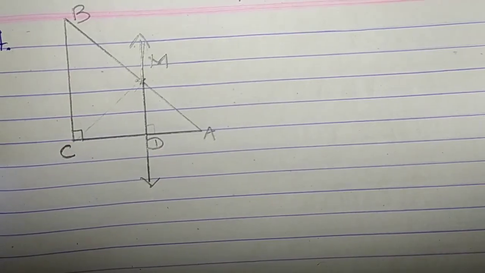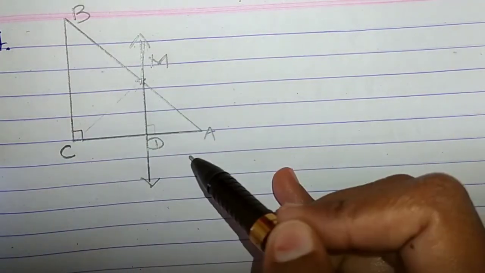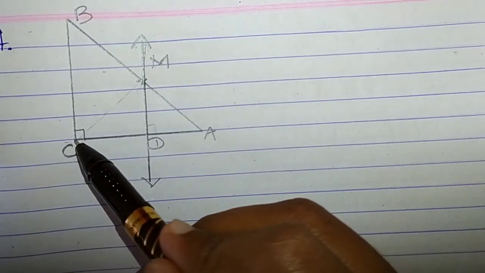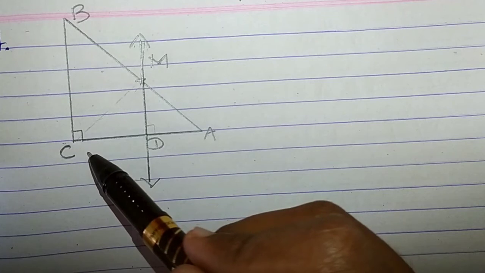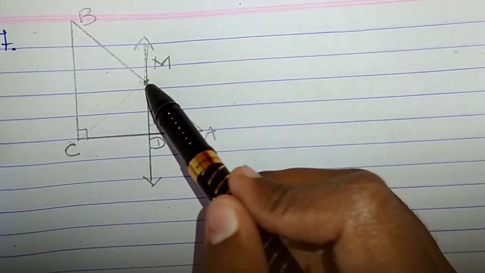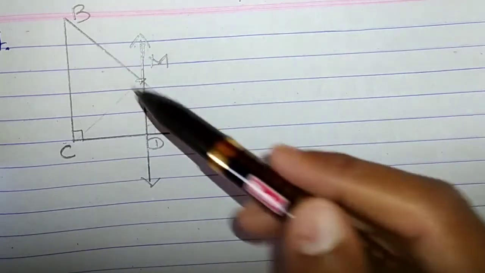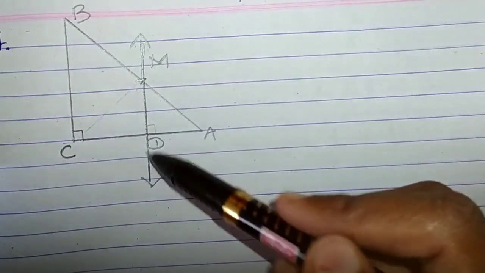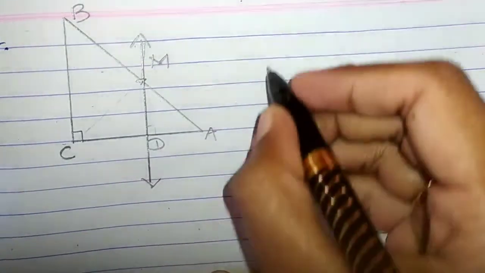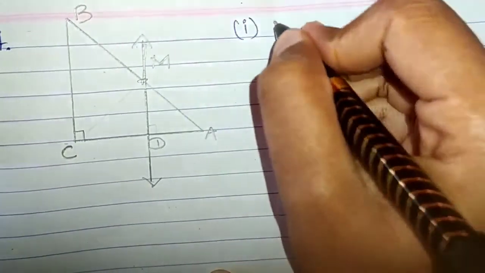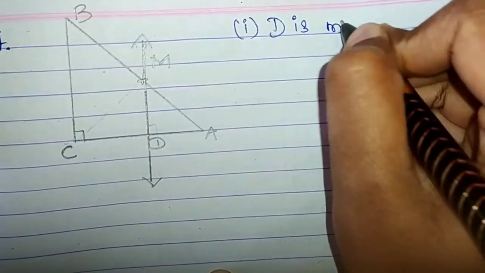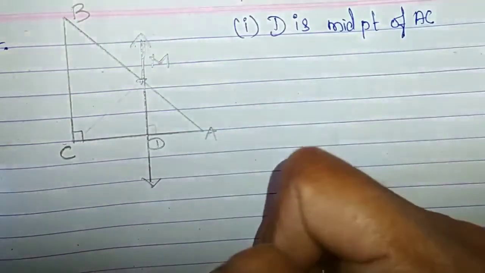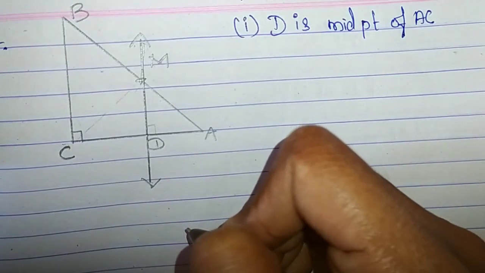In the seventh and the last question of the exercise, we have ABC is a right angled triangle right angled at C. So at C we have an angle of 90 degrees. A line through the midpoint M of the hypotenuse AB and parallel to BC intersects AC at point D. Show that first D is midpoint of AC. To show that D is midpoint of AC, once again we will use the converse statement of the midpoint